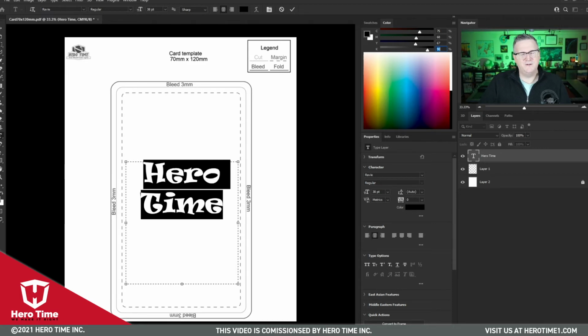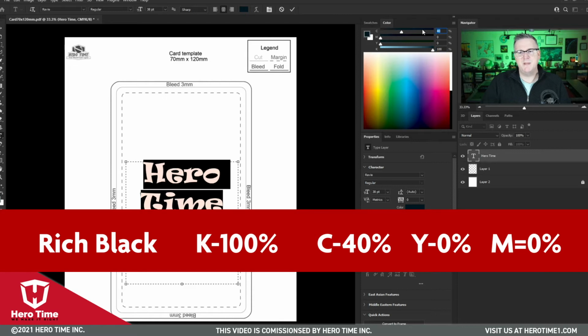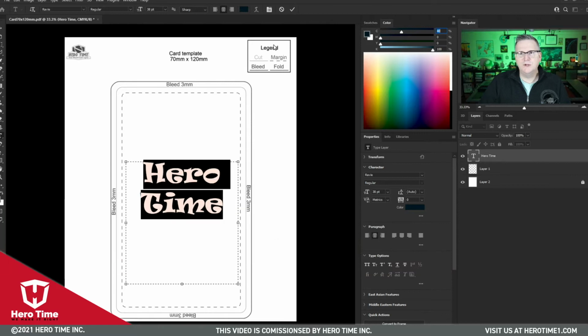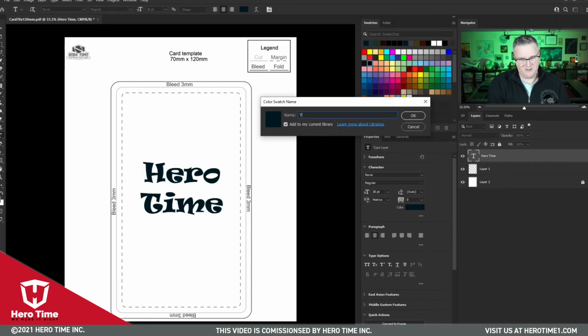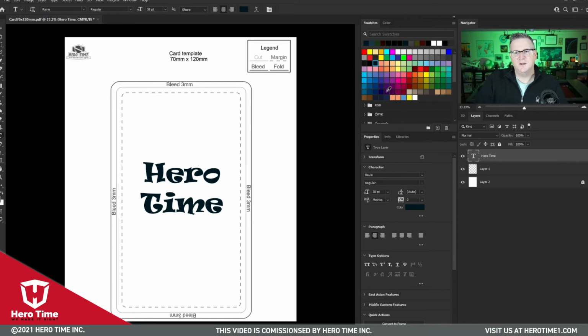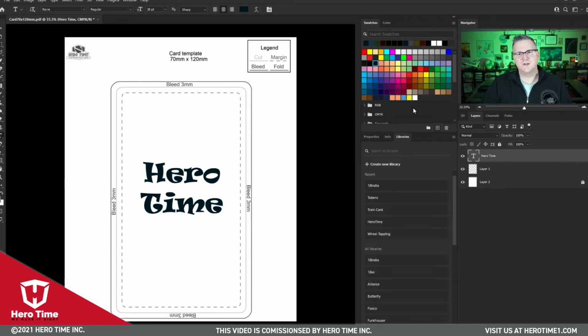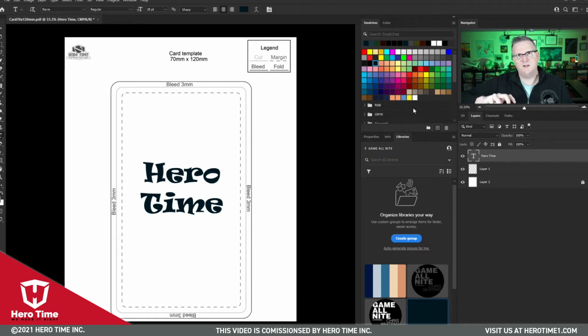So it's helpful in Photoshop especially to go in here and, just like we did in Illustrator, manually change these to make that rich black. Now notice here, it's kind of displaying a little bluish, but just know that if you dial your numbers in, it's going to be correct. Now we can go back here, and just like we talked about in that last lesson, let's make our rich black swatch, and then also we're going to add it to our library. All right, you can move these swatches around, and then that way it's definitely going to make sure that it